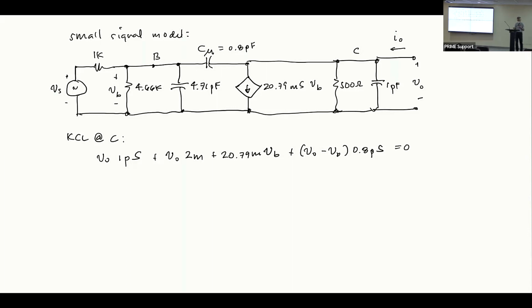Let me try to simplify this a little bit. Okay, I can combine this. So this is V sub O 1 PS, and this is V sub O 0.8 PS. So I can combine the two. So that's V sub O 1.8 PS. And then here I have V sub O 2M, plus 2M. Okay. Is equal to,